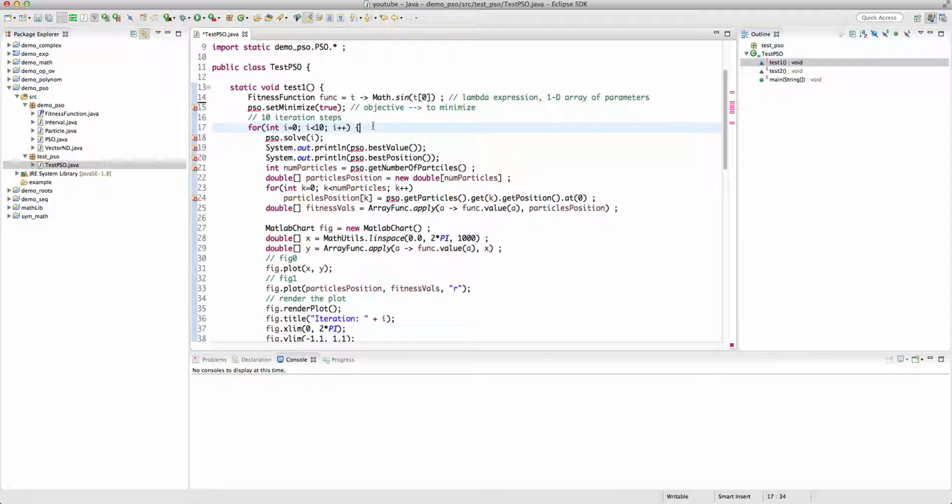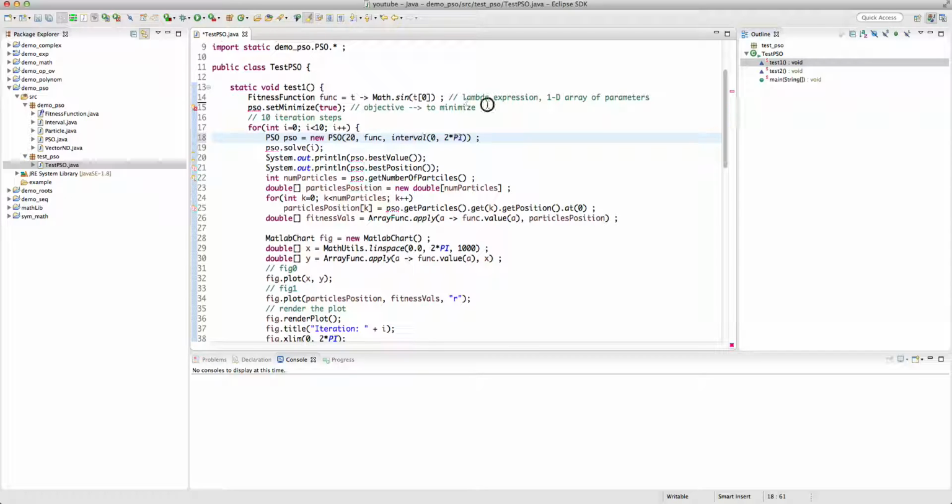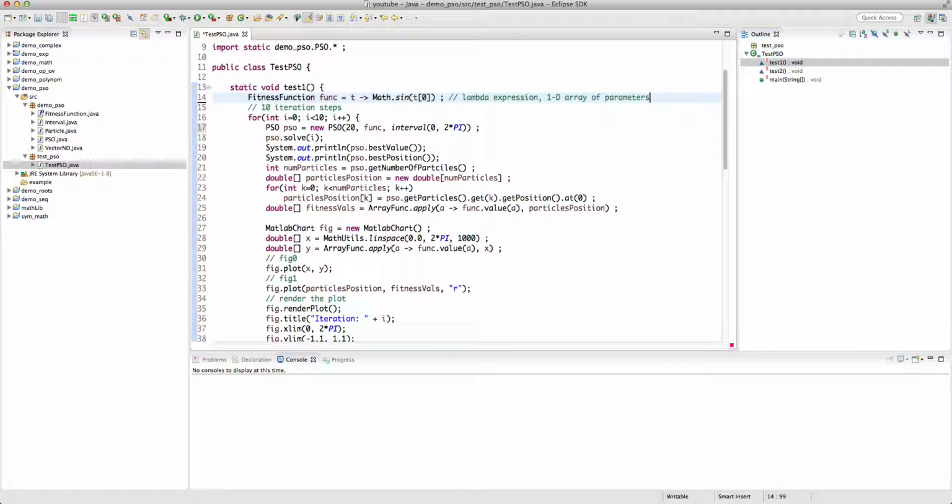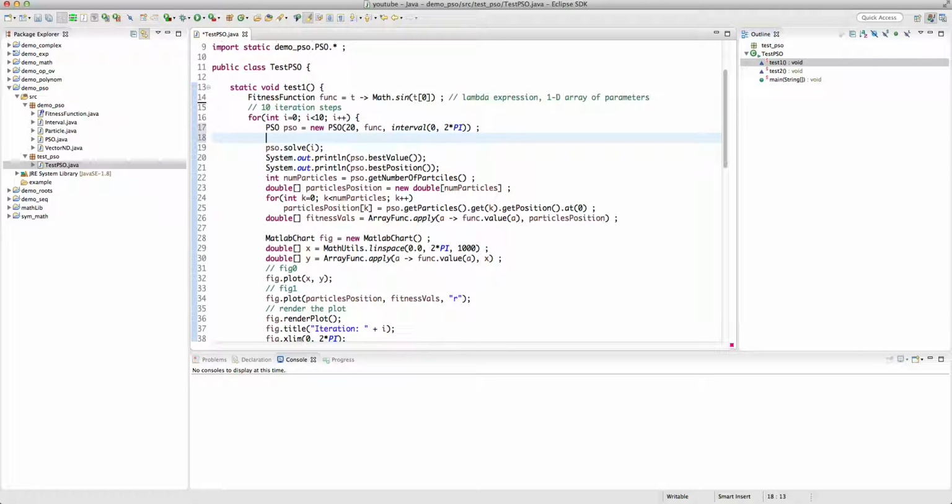So we create the PSO inside the for loop. And then we set the minimize to true. We solve it for I times of